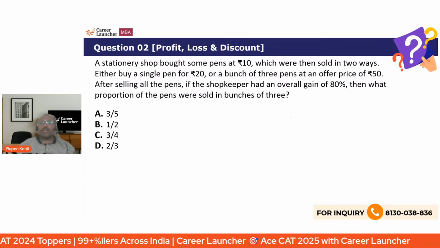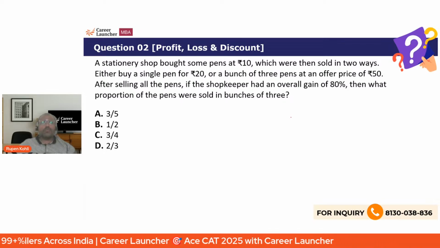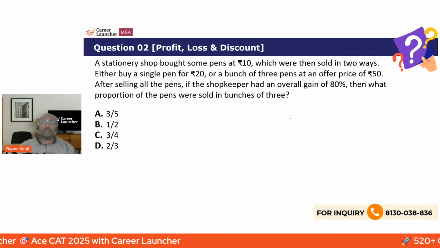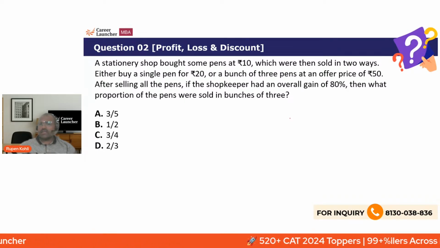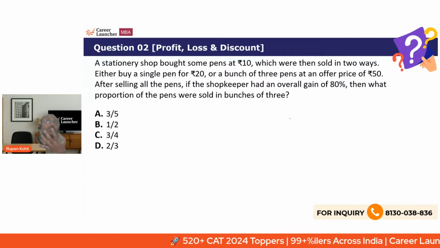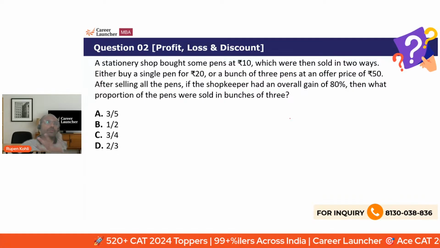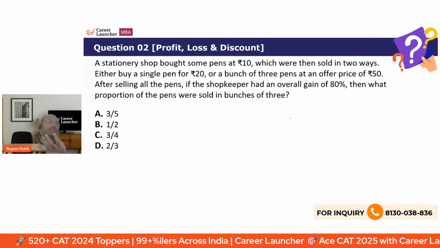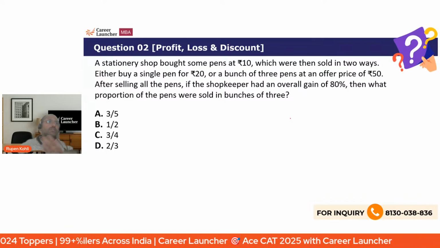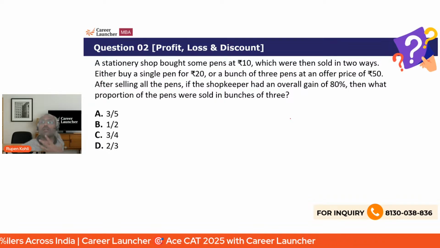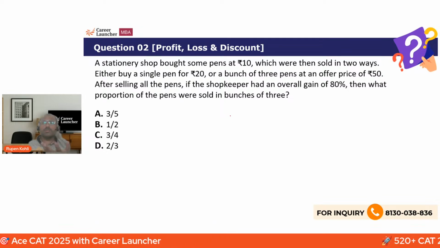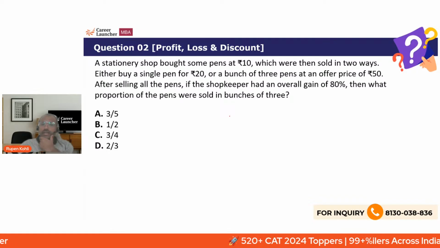Now, so there are two ways to deal with this problem. A more traditional variable based, equation based approach, or you can take this question and understand that it's basically a question of averages in a way. You're averaging out the profit percentages which are split on a differential basis, so I'll solve it by the smart approach. The traditional approach, I would leave that for you to try, and you can verify the answer